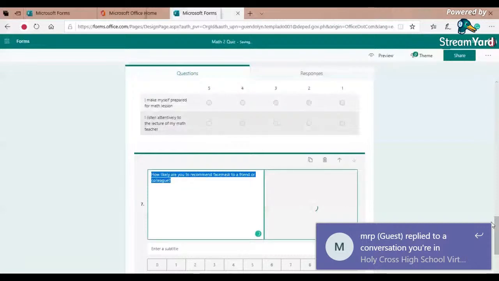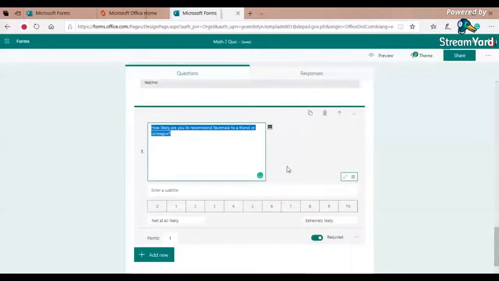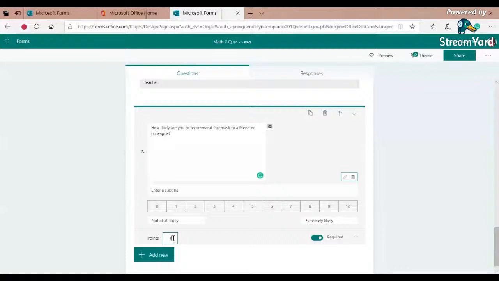Okay, so it's still loading. That's all right. And then here they can select 0 to 10, that means not at all likely and extremely likely. And then I will give points for that particular question, like 3 points for that.